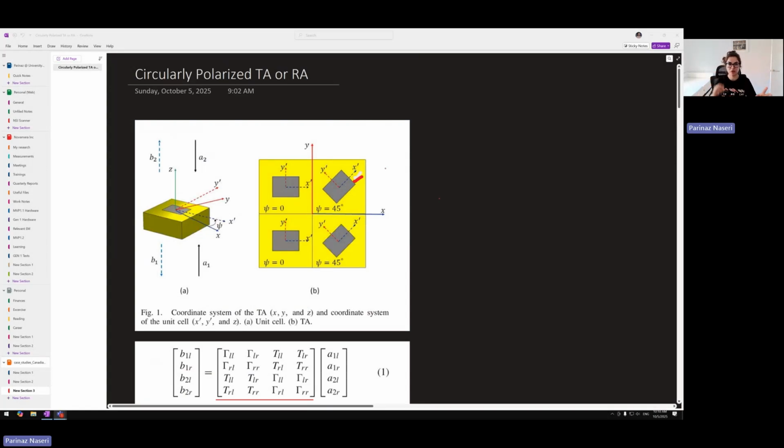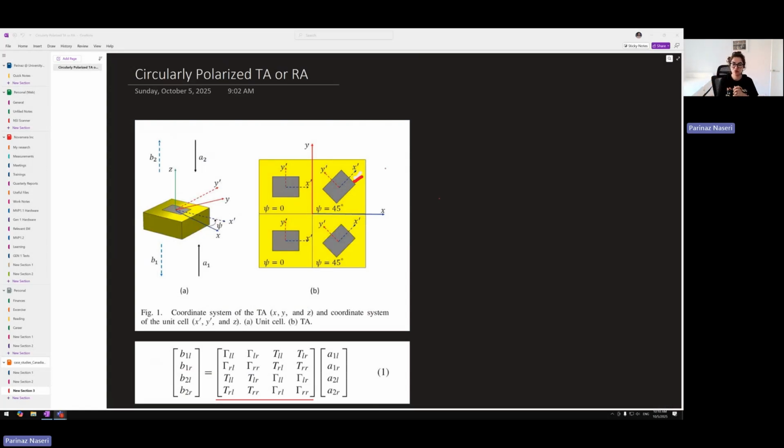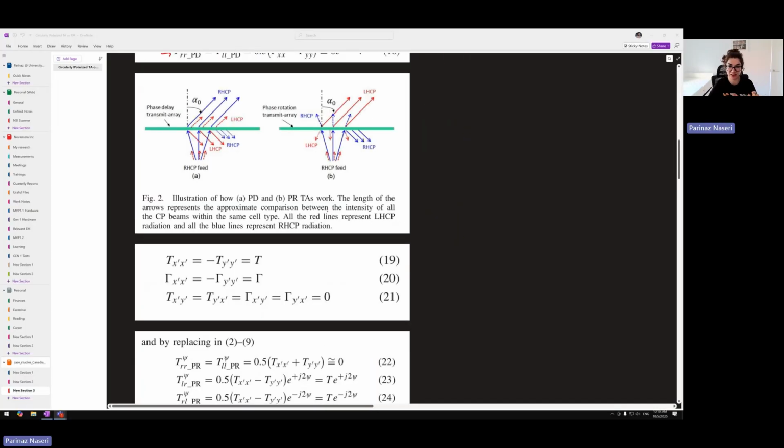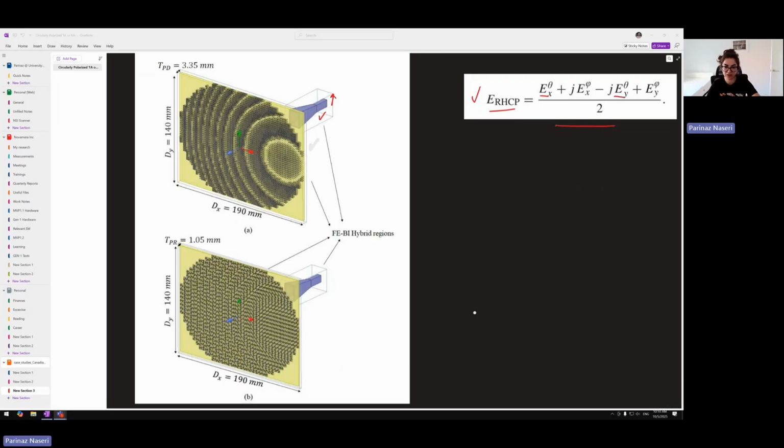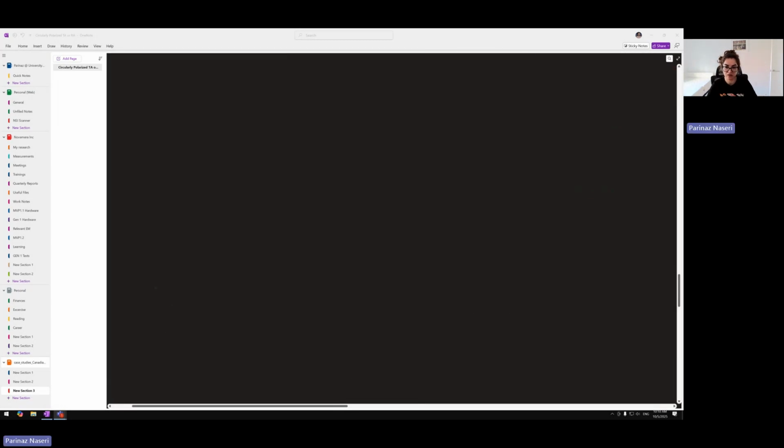Back. This is the second part of the same video on circularly polarized transmit arrays or reflect arrays. Just a reminder that these arrays are not composed of uniform unit cells. The unit cells are different. In part one, we covered that they can be different in size, like this one. The unit cells can be different in size, or the size is the same, but the rotation angle